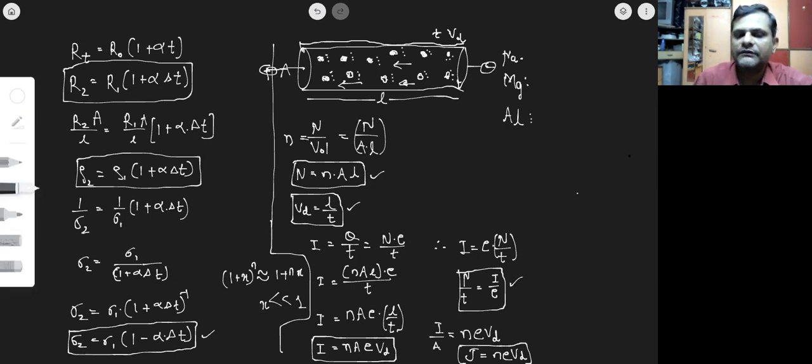Maybe that sometimes the drift velocity will be given and length of conductor is given and time is required, or maybe it happened that the number of electron density is given, area length is given, and total number of electrons in that particular conductor is to be found out, or maybe charge is given, time is given, and current is to be found out. No doubt. Even sometimes it happens that the current is given, इलेक्ट्रॉनिक चार्ज तो ऑलरेडी तुमको पता ही होता है 1.6 into 10⁻19 होता है करके. So you may be asked to find out the number of electrons crossing per unit time,